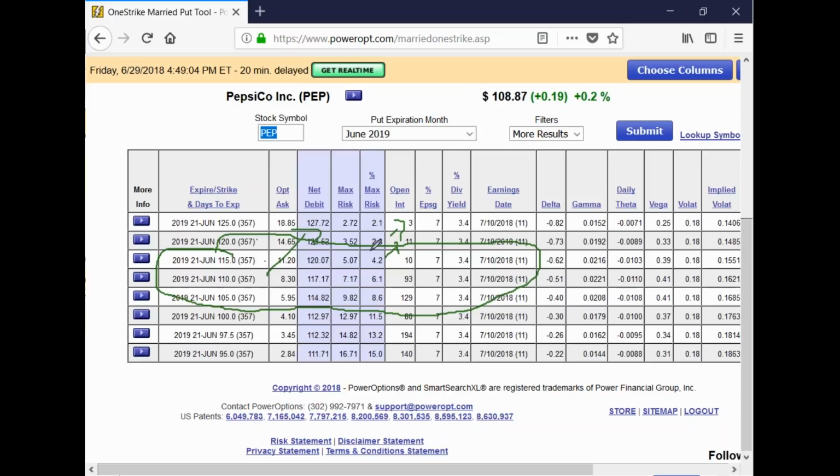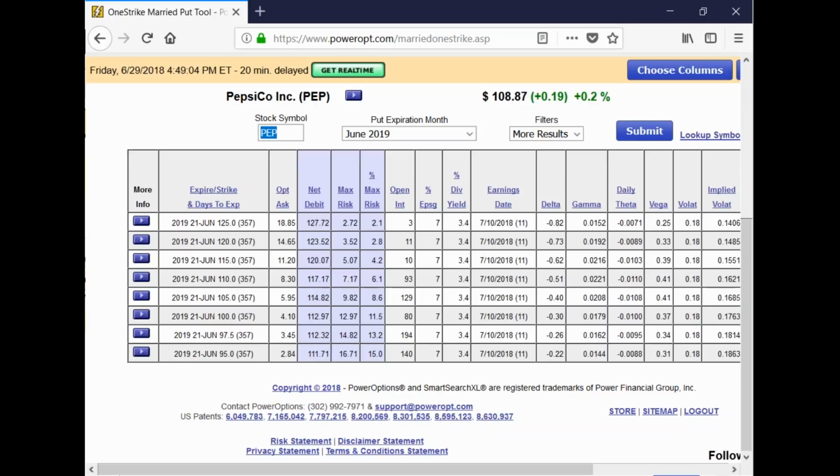The 115 is not bad, but right here in the middle, not too hot, not too cold, just about right in the middle. 6% risk, really decent. 110, half a strike in the money. Would be able to do an income method right away on this position as well. There's nothing wrong with the 115, but I do feel the 120 might be too deep in the money. Because if I was opening this position today, my focus would be on the 110, 115.